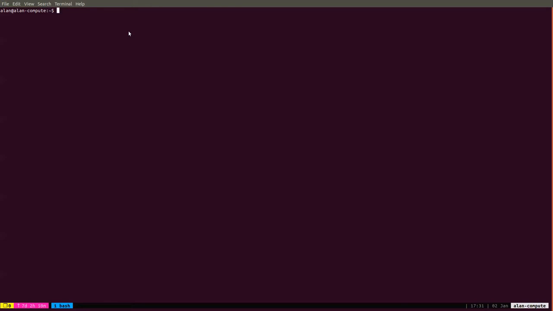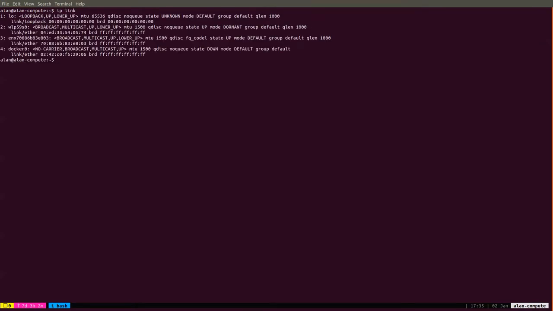The first thing I want to do is show what kind of Linux distribution I'm using. I'm using Ubuntu 18.04 on an x86 processor, but as you can see for yourself, you can run this in any Linux distribution. I'm going to show which network interfaces are currently available right now. So I have my Ethernet and then some Wi-Fi interface available. So what I'm going to do is bring up a virtual CAN interface.